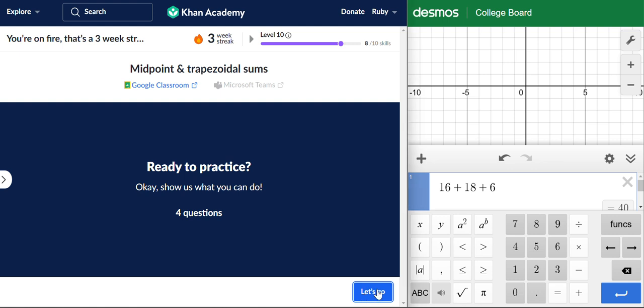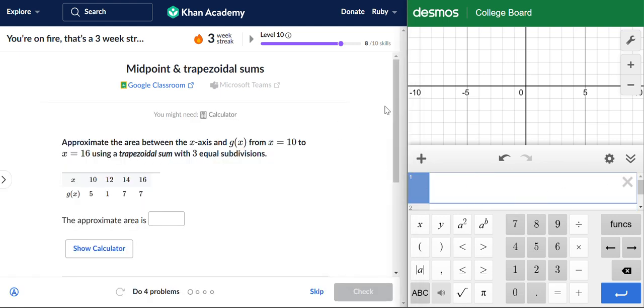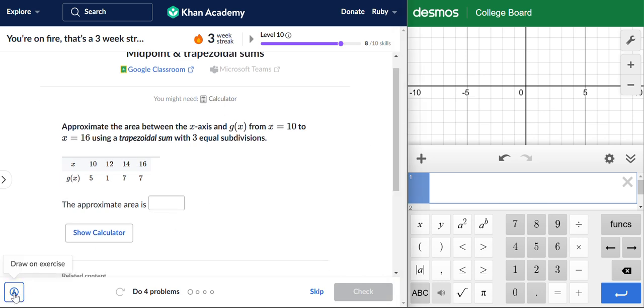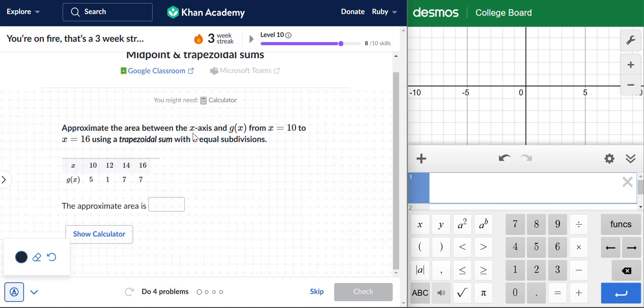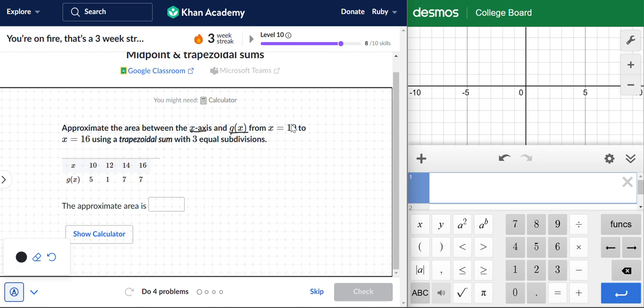Midpoint and trapezoidal sums. Okay, the first problem is approximate the area between the x-axis and g of x from x equals 10 to x equals 16 using the trapezoidal sum with 3 equal subdivisions. Okay, let's see. So this is the first subdivision, this is the second subdivision, and this is the third subdivision. Okay, so let's start. So for the first subdivision,